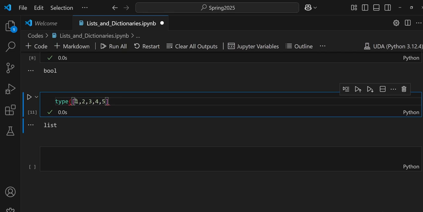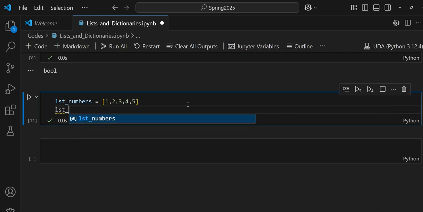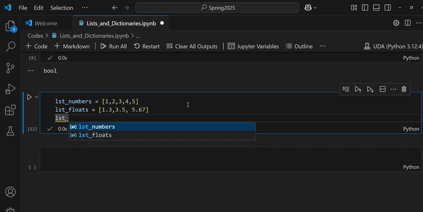So list is a sequence of items. Those items can be integer. So for example, I want to call this list of numbers. Okay, and we can say list of floats, and that would be 1.2, 3, 3.5, and 5.67, right? You can create a list of